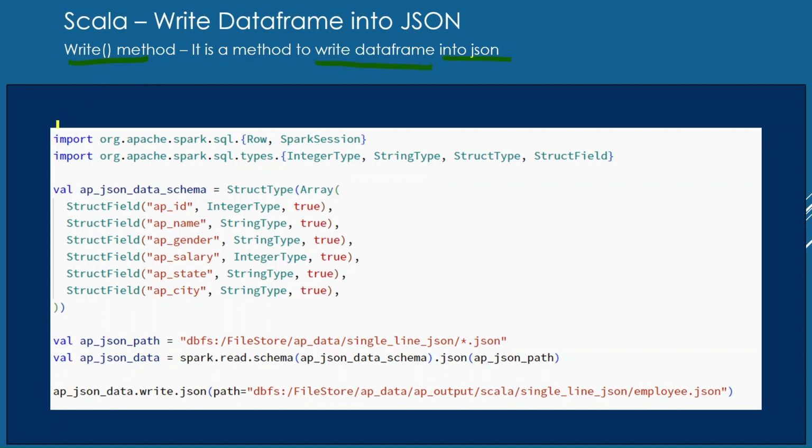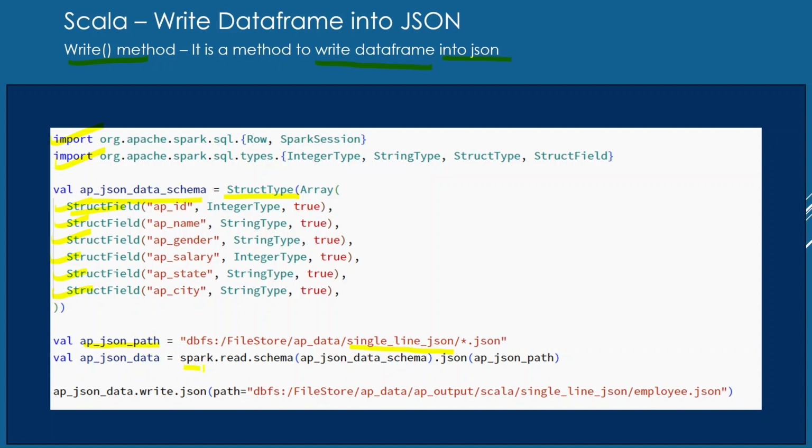So what I am doing in this exercise, I am importing all the required libraries. I am creating a custom schema with the help of a StructType and a StructField. With the help of a StructField, I am defining the column name and its data type. Here I am defining 6 column names and their data types. Here I am just defining one variable which will have all the JSON files present in this folder.